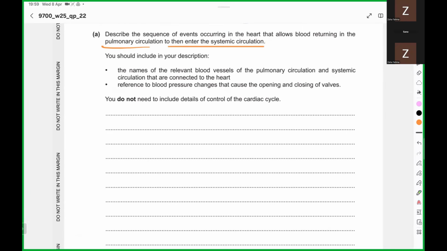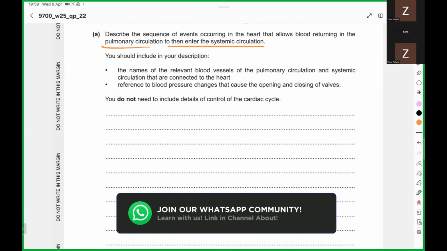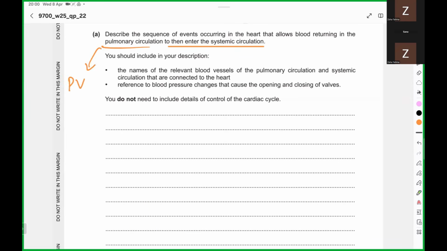जिस तरह से हमारे पास जब हार्ट के अंदर ऑक्सीजनेटेड ब्लड आता है, वो कौन सी पल्मोनरी वेसल के थ्रू आता है? It comes via the pulmonary vein, and once it enters into the pulmonary vein, it then enters into the left atrium. When it enters into the left atrium, it then moves towards the left ventricle via the AV valve. हमारे पास जो AV valve है उसको हम bicuspid valve भी बुला सकते हैं, because we know कि left side में हमारे पास bicuspid valve भी होता है. Now हमारे पास जब bicuspid valve के थ्रू एट्रियम का ब्लड वेंट्रिकल में आ जाता है,